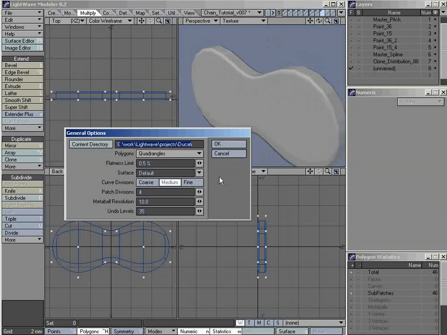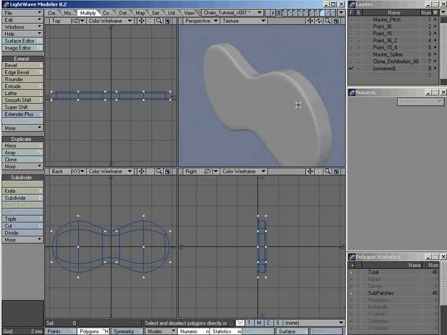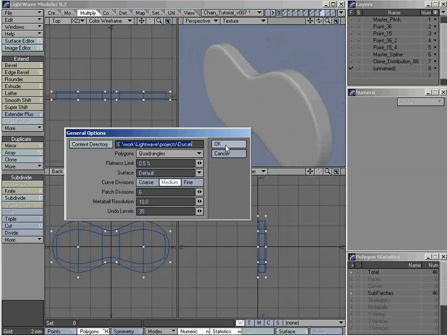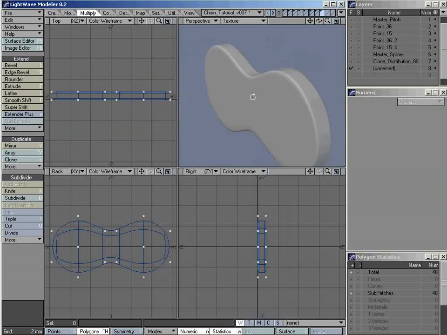So I'll show you the difference between 3 and 4. So it's already gone smoother. I'll now crank it up to 5, and OK. It's gone smoother again. So, crank it up to 6, and it's gone even smoother. Whether you can see the difference from 5 to 6 on the video that you're watching this on, I don't know. But just for this stage, I'm going to work in subpatch division of 6,